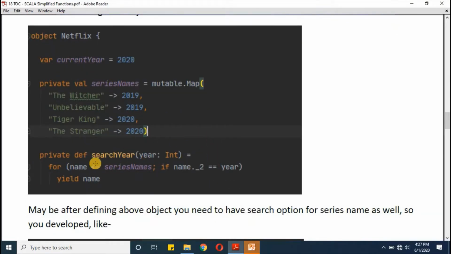After this, I'm defining one method called searchYear. On the basis of the year, it will get us the names of series. Inside this searchYear function, I'm keeping one for loop.